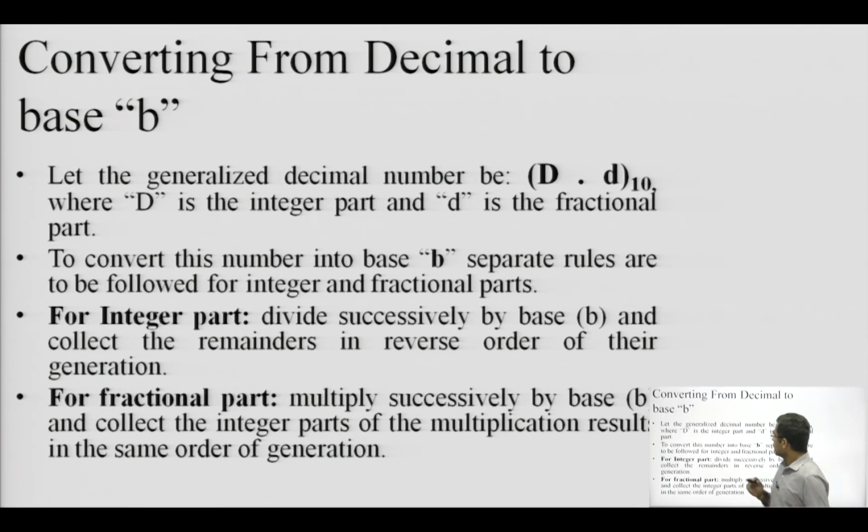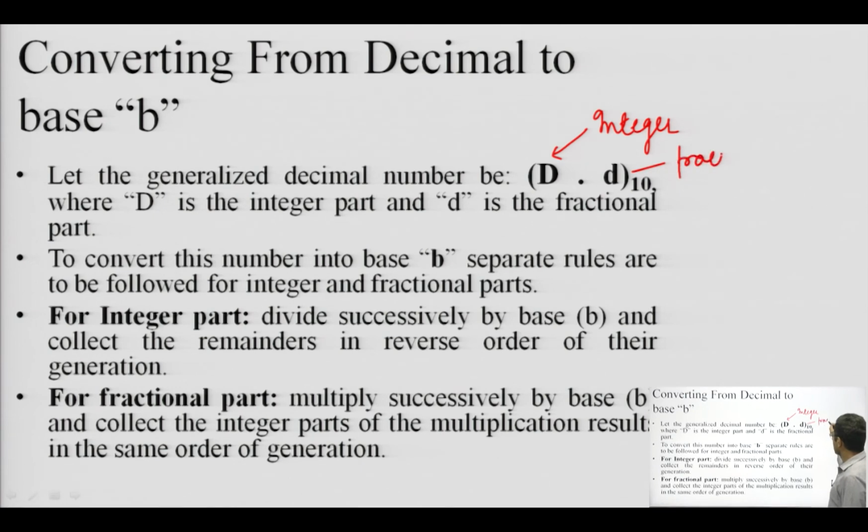So, converting from decimal to base B. Let us take a general number in decimal. This is a number D dot d. Now, this capital D is your integer part, and this small d is your fractional part. Now, we have 2 separate rules for the integer part and the fractional part, and if I want to convert this decimal number into base B, now base B can be 2 for binary, 8 for octal and 16